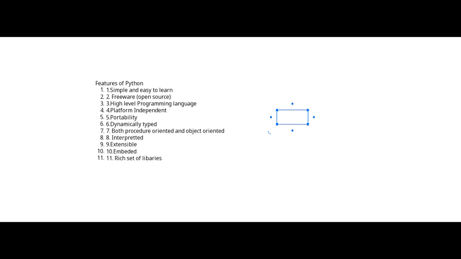Suppose I say a equals "Raj". Okay, here Raj is a string, right? In that case, a will be treated as a string variable. The data type is determined during the runtime. This is known as dynamically typed. Is it clear? Next one: I already told you in the last class, Python uses both function-oriented programming